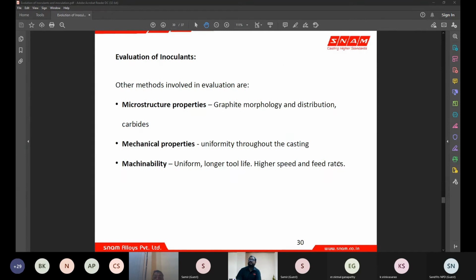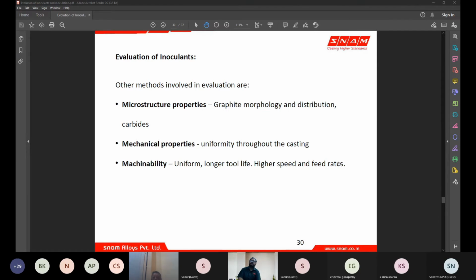There are other ways where you evaluate the inoculant. You have microstructure properties, where you measure the morphology of the graphite, the distribution of the graphite, and carbides percentage when you do etching. And mechanical properties like surface hardness or hardness after machining, and you pour separate tensile blocks, or you take tensile bars from the casting, like cast-on or cast-down tensile bars, and you do tensile testing of it. You ensure that all your castings poured at different heats give you similar or required tensile testing results, like tensile strength and elongation in the case of ductile iron.